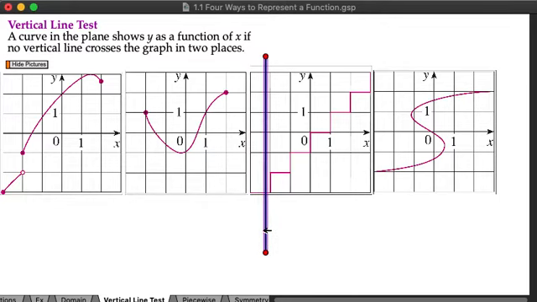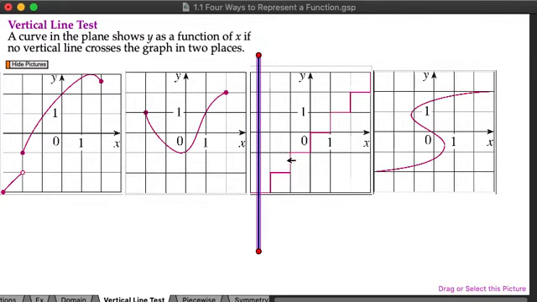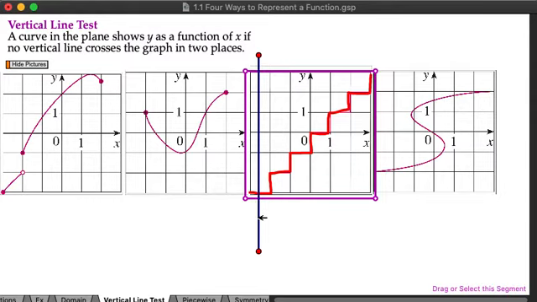Now, the third graph, and it's a little bit hard to see, you've got some faded lines, but what we have in the pink is something, let me see if I can kind of outline this. This goes across horizontally, and then it takes a vertical step up, and then across horizontally, and then a vertical step up, and then across horizontally, and a vertical step up. Okay? Like that. And now, as I take my